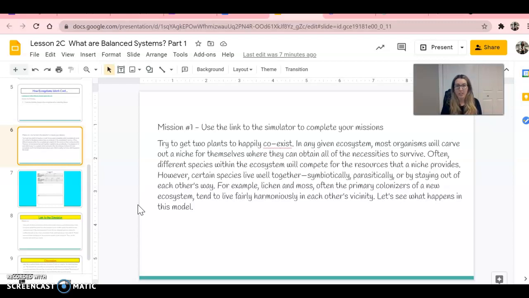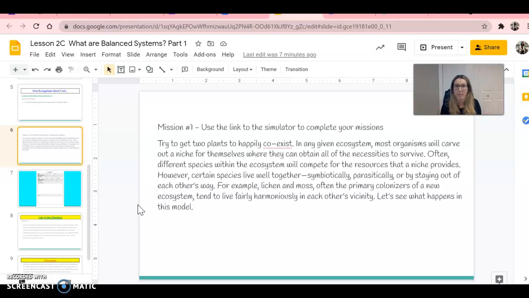So our first mission is we are going to use the simulator to see how we can get two plants to happily coexist in an ecosystem. First things first, we are going to practice using just plants in our ecosystem, just producers, and we're going to see how they interact. So it says try to get two plants to happily coexist, meaning to live well together